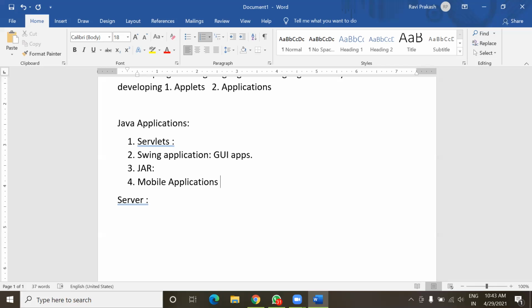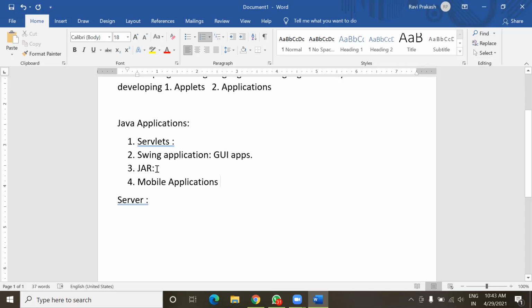So far we have seen a total of 4 types of Java applications. First one is servlets. These applications are developed for servers to generate or to serve web pages to the client. Next is Swing application, means simply graphical user interface applications developed using Java programming. Next is JAR.